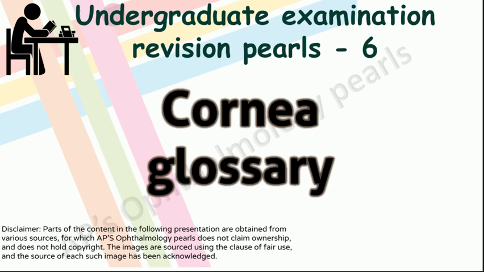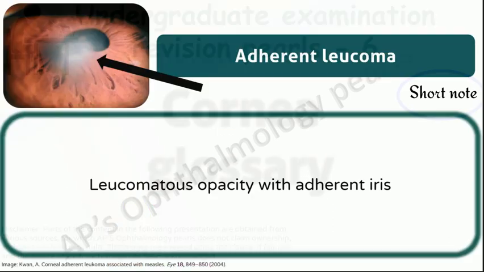Today we shall discuss some of the important terminologies in relation to the cornea. These are very useful in the Viva. Also, I have indicated in this area if that particular topic is a short note, long question or both in the theory examination. The terms are arranged in alphabetical order.